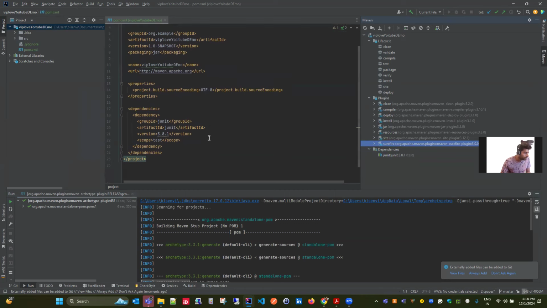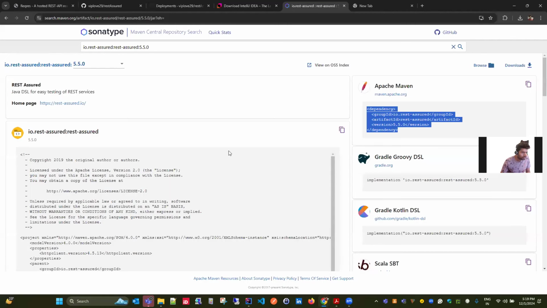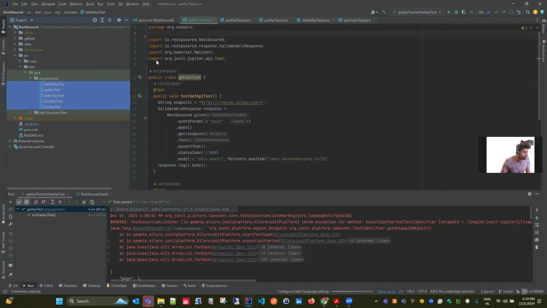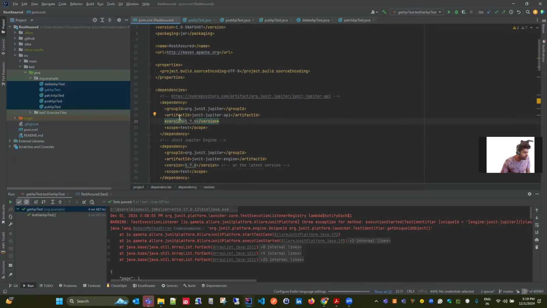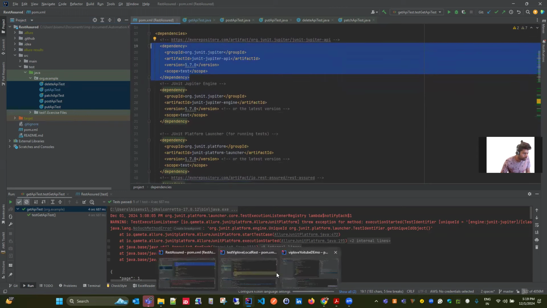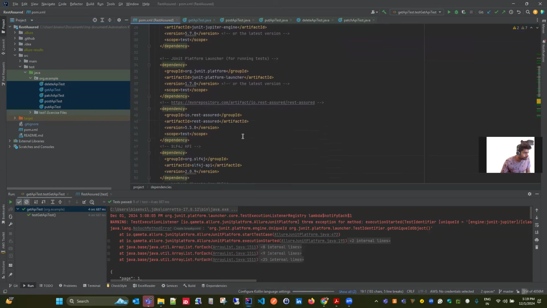But for our purpose, we will not use this dependency. Instead, on the JUnit site, you can search for JUnit, or I can provide that, or you can use my GitHub repository. Better to go with JUnit Jupiter API version 5.7. You need to copy it and paste it into your POM file. And a few more things you can do is